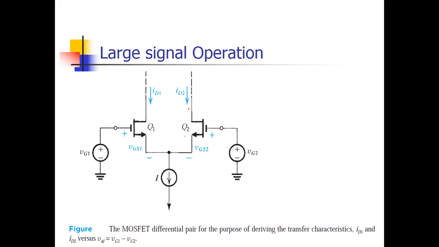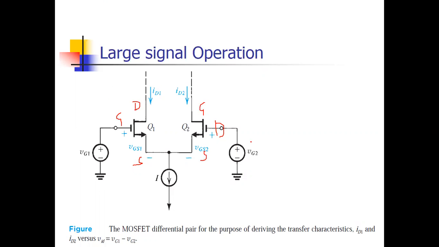Okay, two identical transistors, E-MOSFET transistors. This is your drain, gate and source. Same here, drain, gate and source. Now both sources are connected here with the current source. This is gate 1 voltage applied with the gate of transistor 1, gate 2 voltage. The current flowing in the first transistor is ID1, the current flowing in the second transistor is ID2. So this is called MOS differential pair.